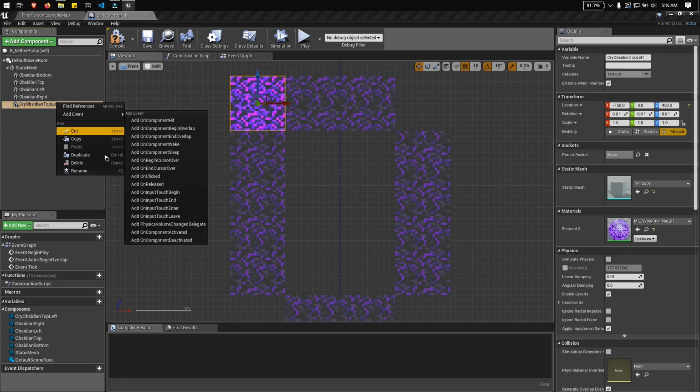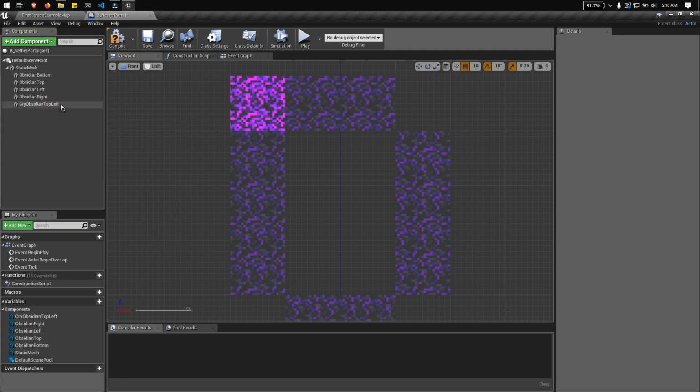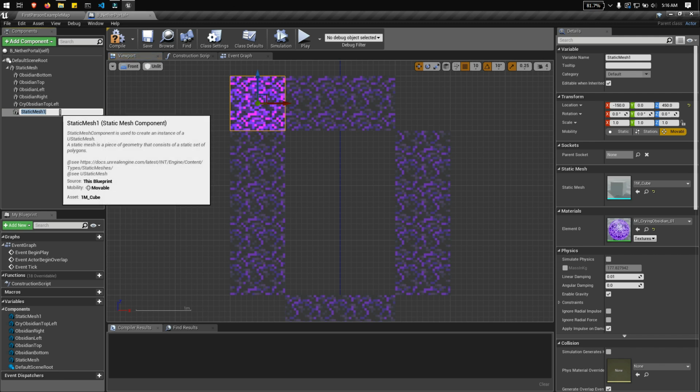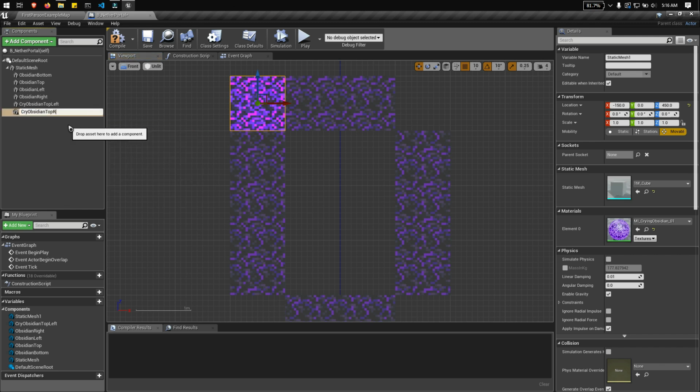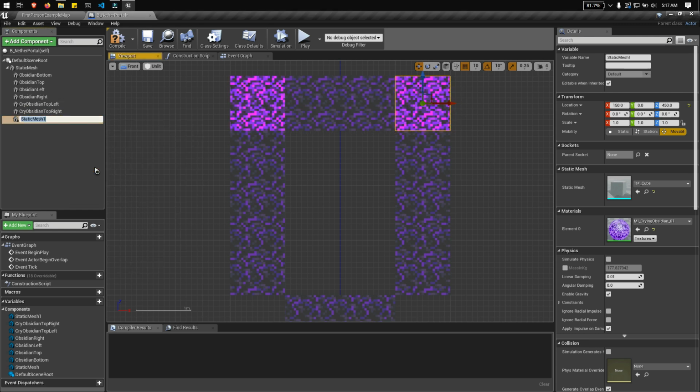Let's duplicate this. Let's name this Crying Obsidian top right. Then let's duplicate this. Then let's make it bottom left.